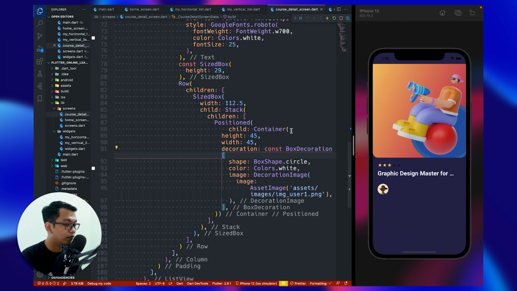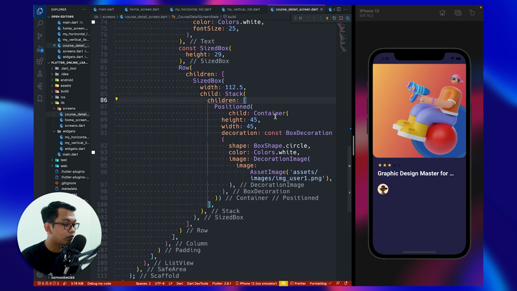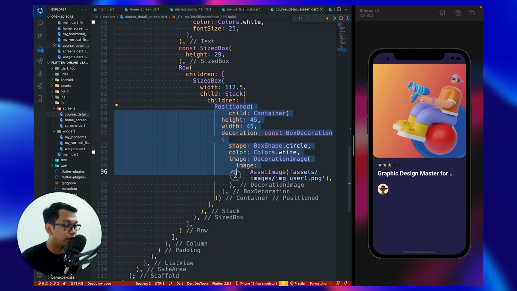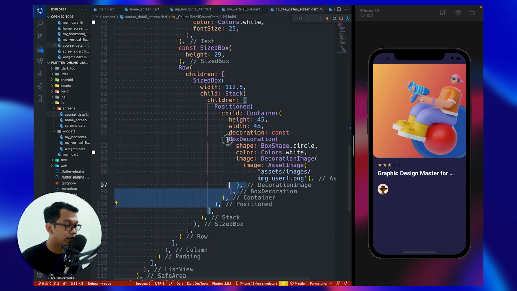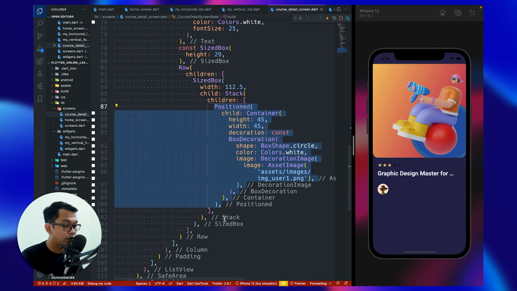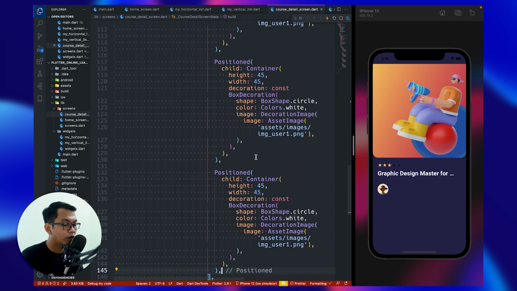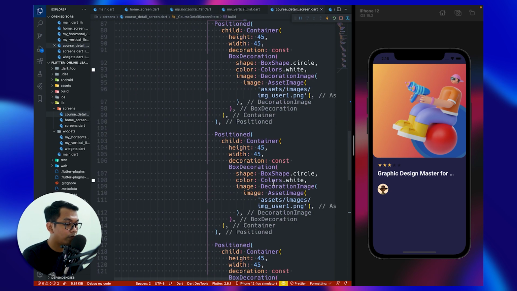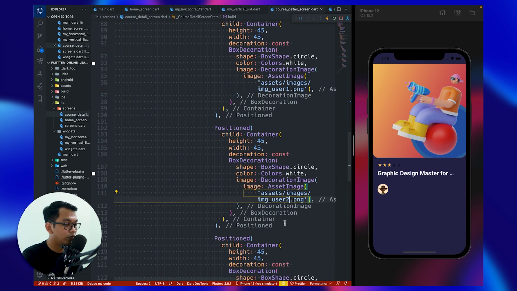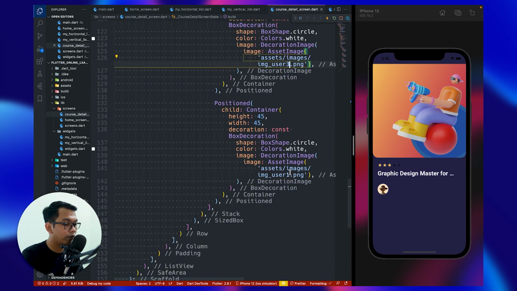Okay, look like this. And because this is the first image, we don't need to say left and top, I mean. So we just need to copy this positioned, copy 3 times, and don't forget to change to 2, 3, and 4.